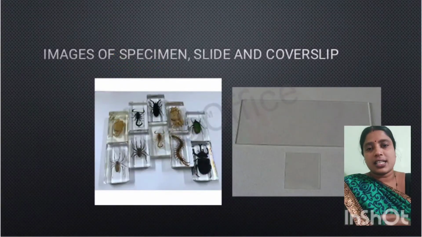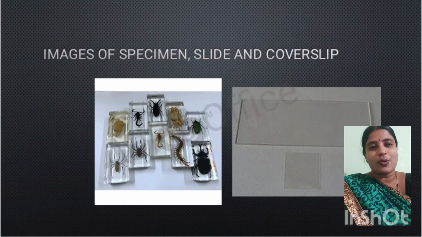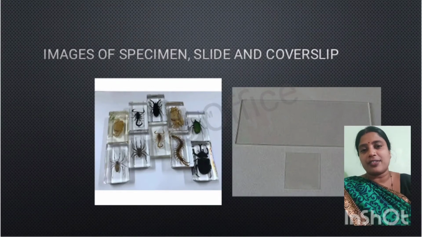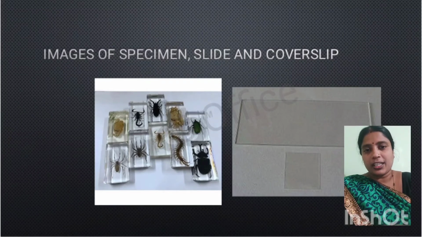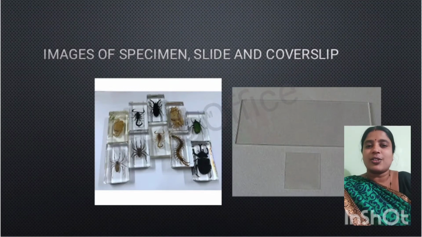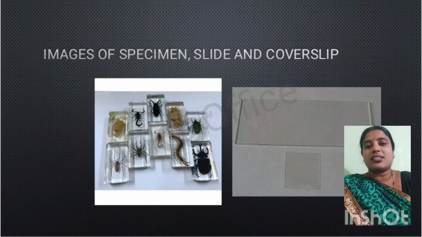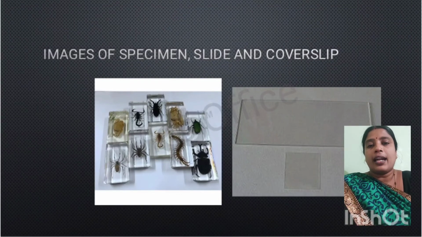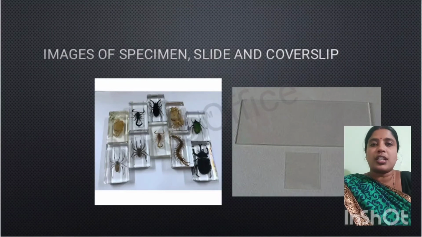Okay, now these are some sample specimens. You can see many insects here in the specimens, and you might have seen them in your science lab. On the right-hand side you have the slide and then the cover slip. That rectangular sheet of glass which you are able to see is known as the slide, and the cover slip is kept just next to it, below it. Now this was just a basic idea about the different parts of the microscope and the different terms that are used in case of the microscope.